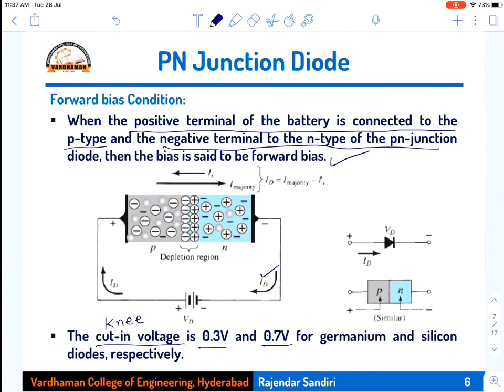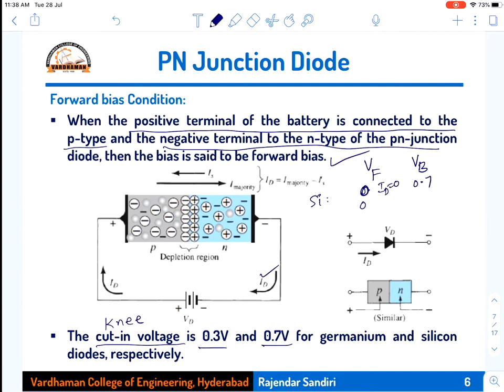Okay, so the applied forward voltage is say Vf, the barrier potential is say Vb. How much is the barrier potential already created? For example, for a silicon diode, already 0.7 volts is there. Now you are applying forward voltage as say 0. Will the current flow? If you apply forward voltage of 0, it is nothing but an open circuit. Current is 0. If you apply forward voltage 0, current is 0, though the barrier potential is 0.7.